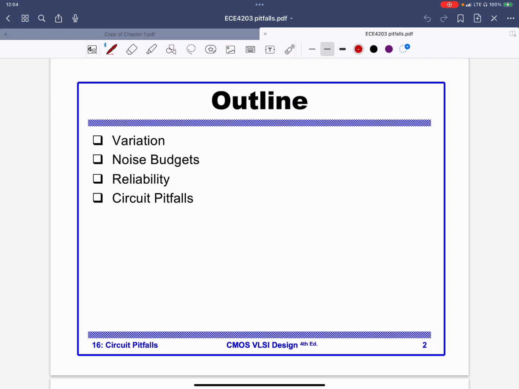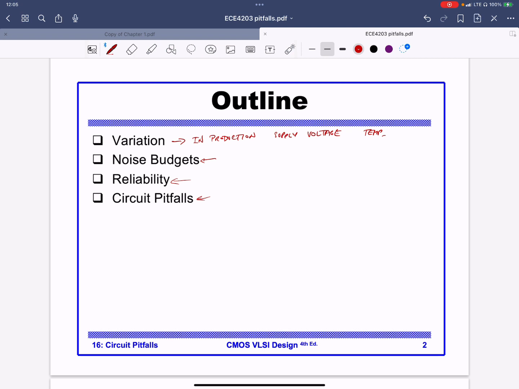One, we're going to talk about variations. These are variations in production, processing, supply voltage, over temperature variations, things like that. It's basically the environmental factors that you have to deal with and the manufacturing factors. We'll talk about various noise sources, how circuits can degrade over time, and then some general shortcomings of some